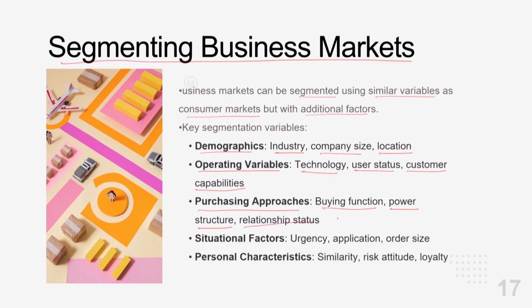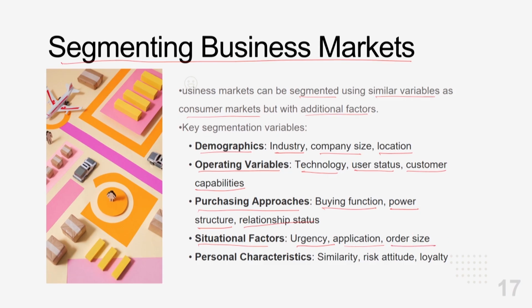And what is the relationship status with the provider? Is the provider a vendor of continuous repute, or is it something where a new item is being put out in front? There are other situational factors as well. For example, is there a dire need, hence urgency, for the organization to participate in the purchasing process? Are they going to apply it immediately,